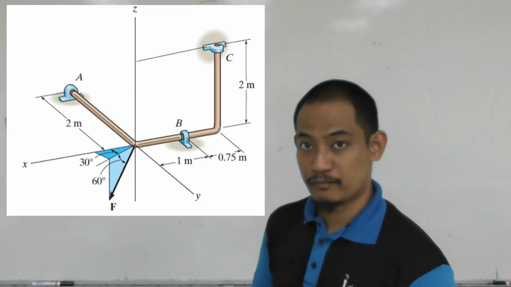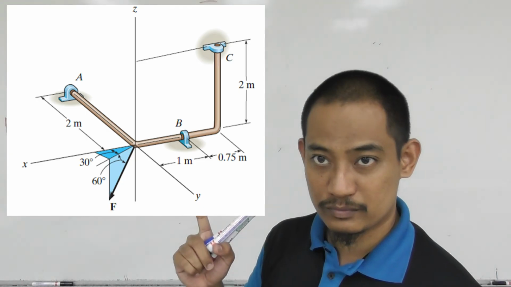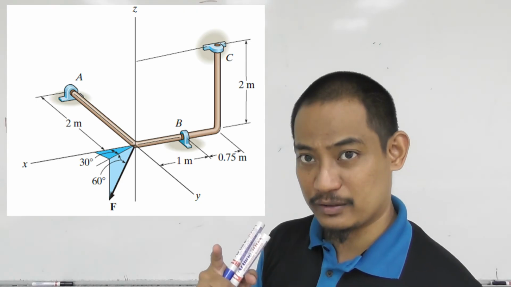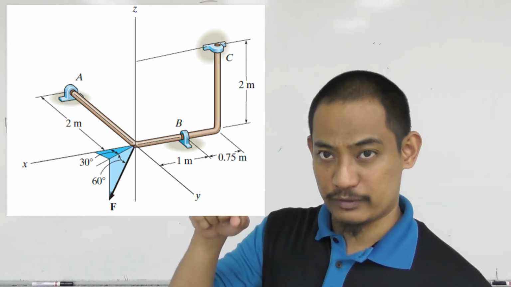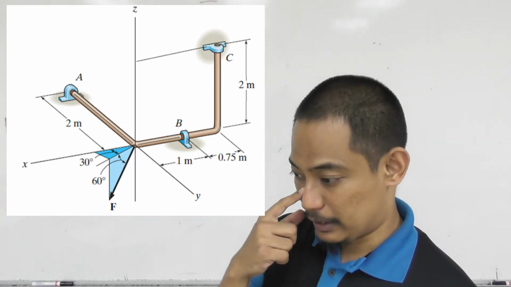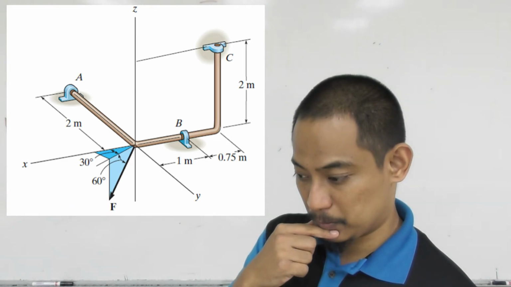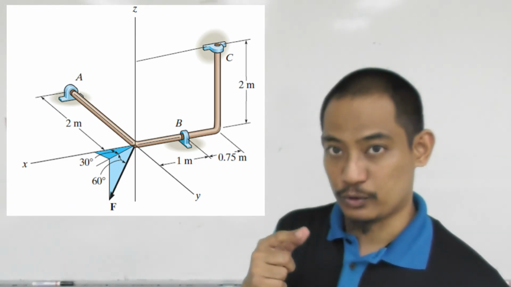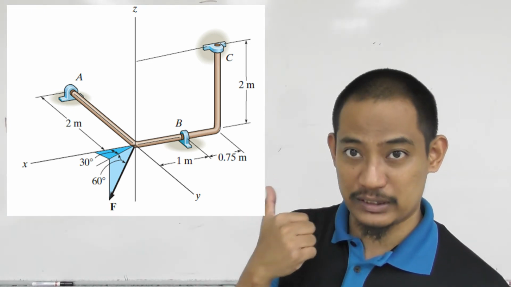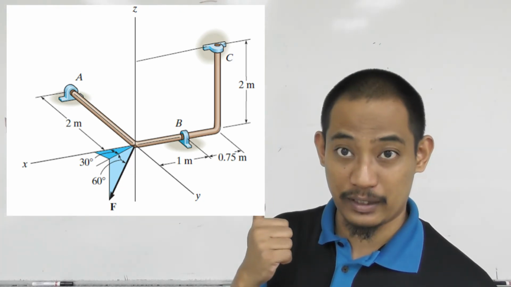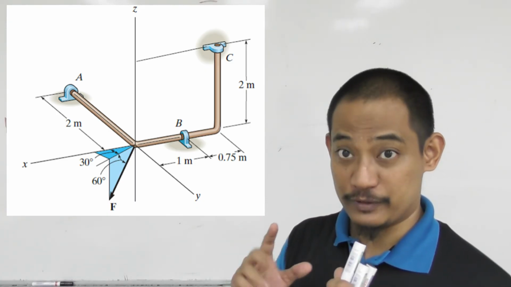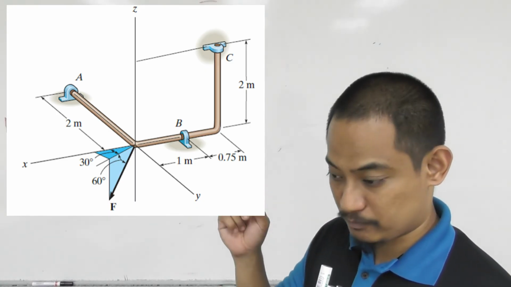Okay, so if you see the diagram, this one is a bit more complicated, I think, for me to actually draw, right? So you have the pipe there from A, B, C, right? And okay, so the interesting point here is that this question is actually saying something about properly aligned, right? As you can see, okay, let's go before the question first, right? If you just look at the diagram,